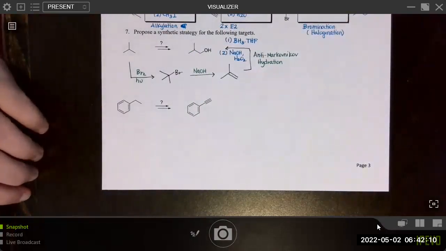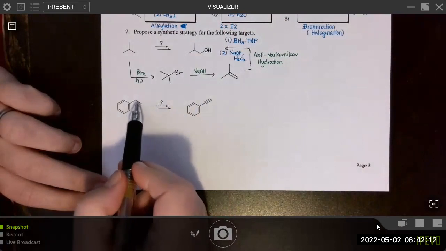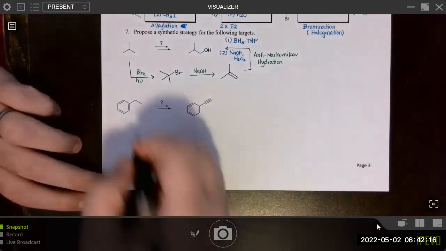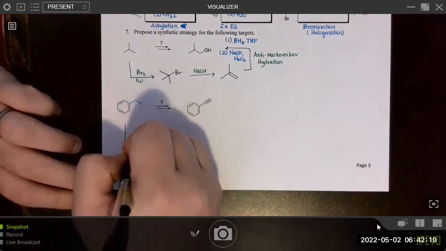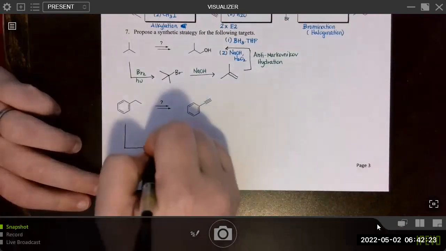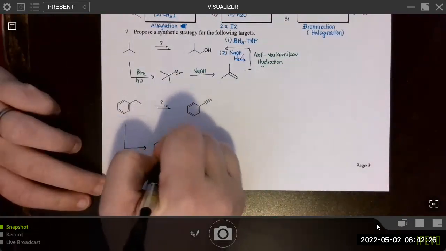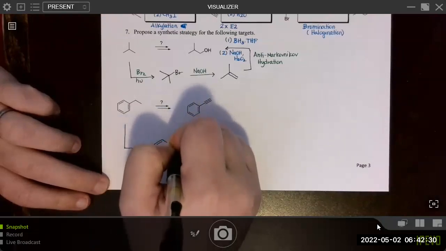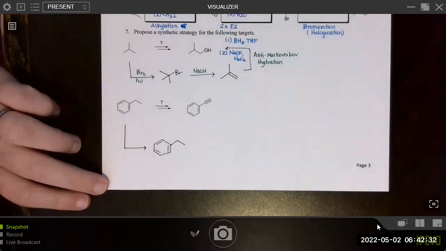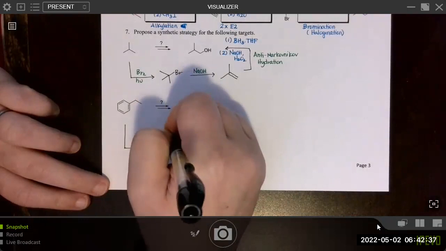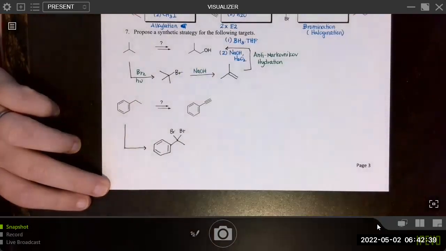All right, for this one, we want to convert this alkane into an alkyne. So again, starting from an alkane, and we're not really doing anything to the aromatic ring, so don't worry about that. You have to do a radical halogenation. It would actually be useful to go ahead and add 2 halogens on so that we can do a double elimination to get the alkyne.